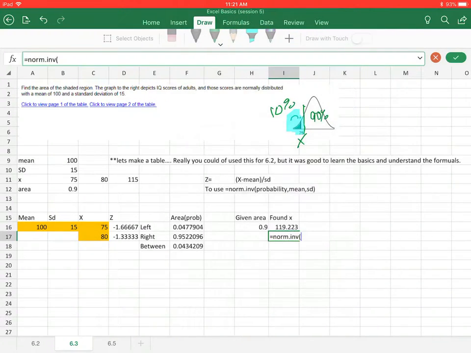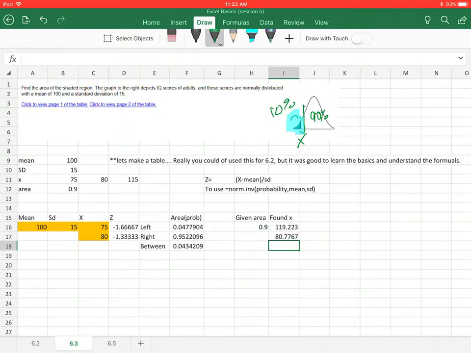So we're going to use the same formula, equals norm.inv, and we're just going to do 1 minus that. So that's going to give us the 10%, and then we'll be on our way. And then mean, comma, standard deviation, let me click the right one, hit enter, and now we have that value in